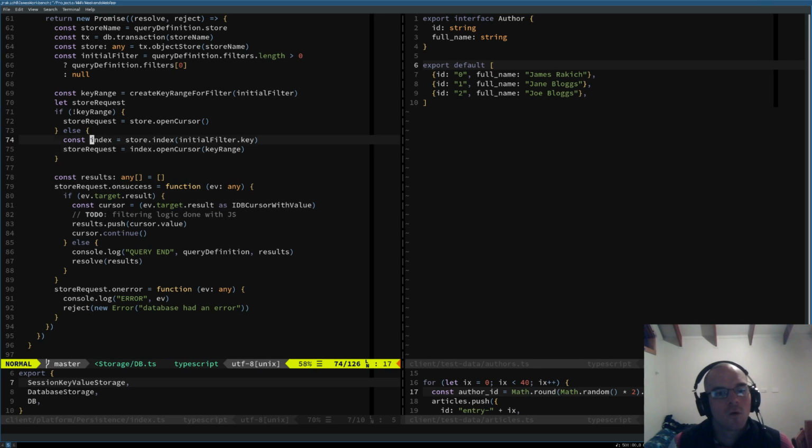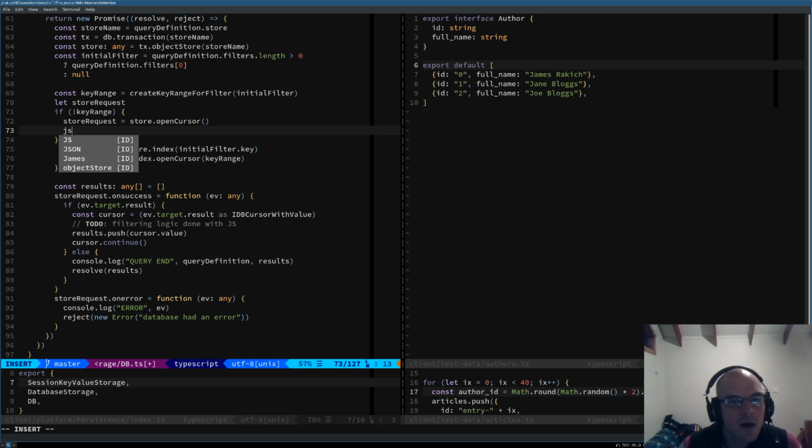So we need to turn everything that's not part of this cursor into essentially a JavaScript filter, right? So if there's not a key range, then that means every single filter has to be handled by JavaScript. All right. So if we've got say JS filter equals,